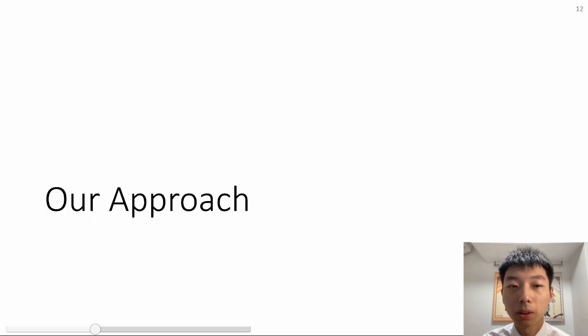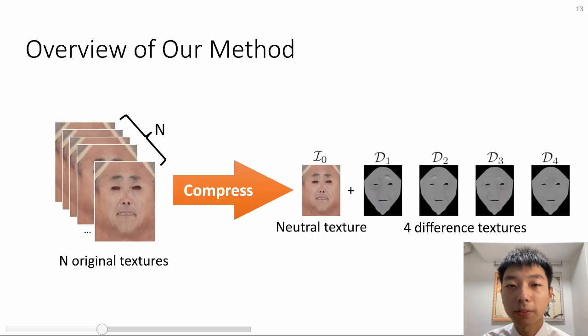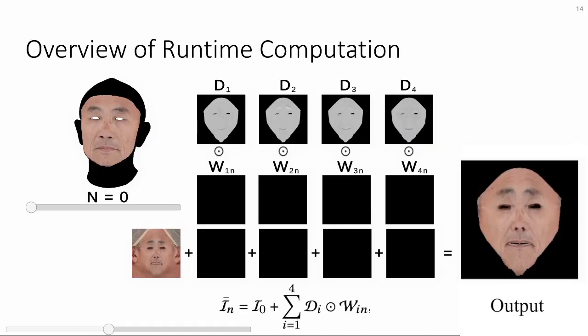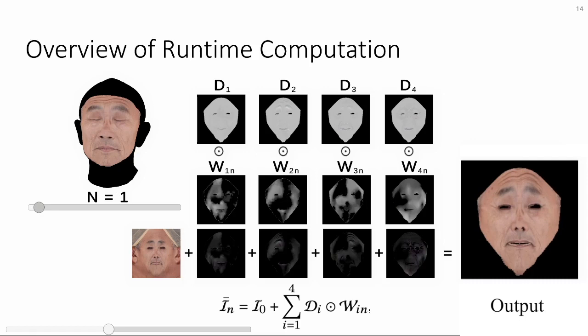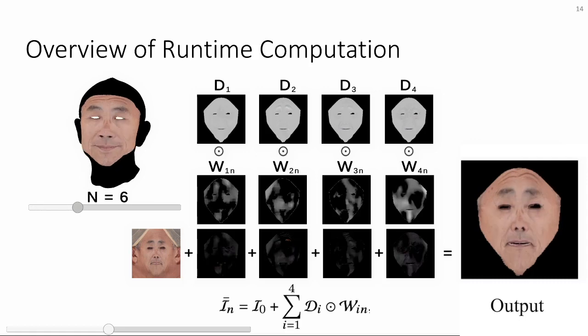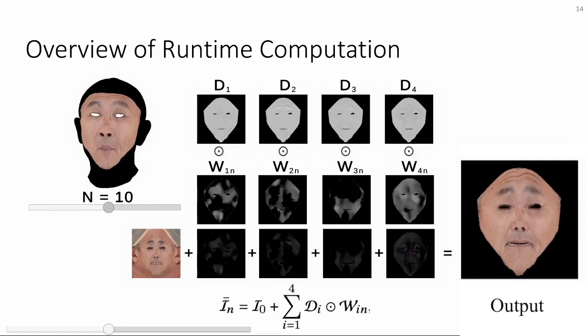Our approach. Let us assume that we have n number of RGB textures. Our algorithm computes one neutral texture and 4 RGB difference textures. And then, every original texture can be represented by a small weight map with 4 channels. As this image illustrates, every original texture is reconstructed by adding the corresponding part in the 4 different textures with